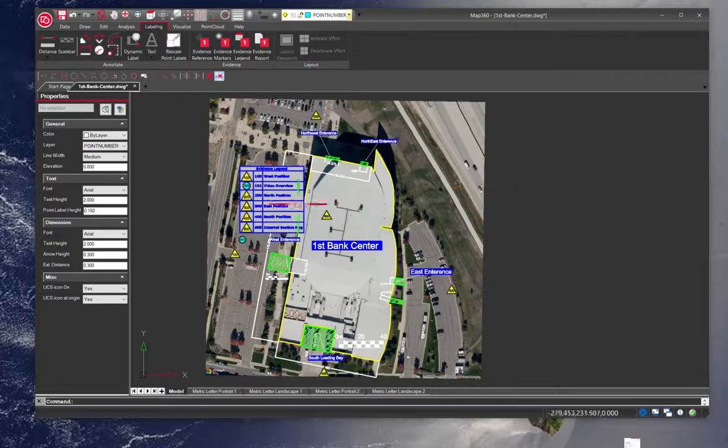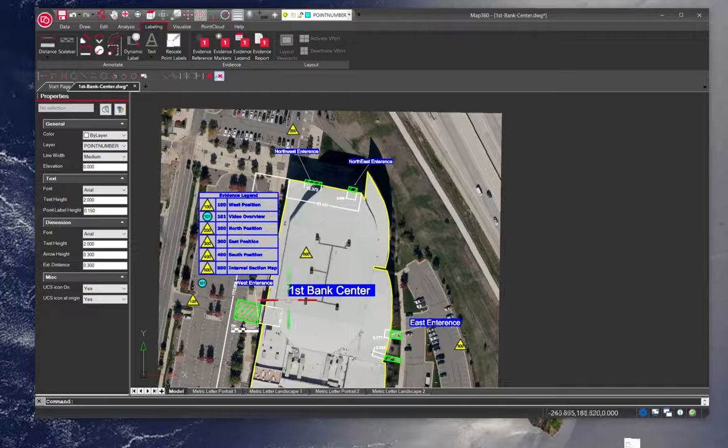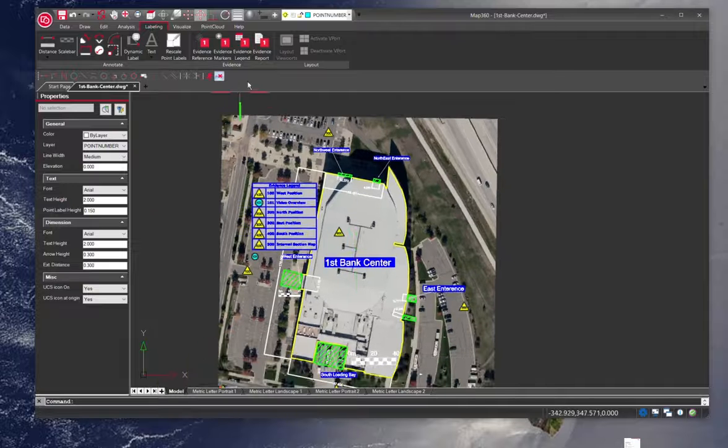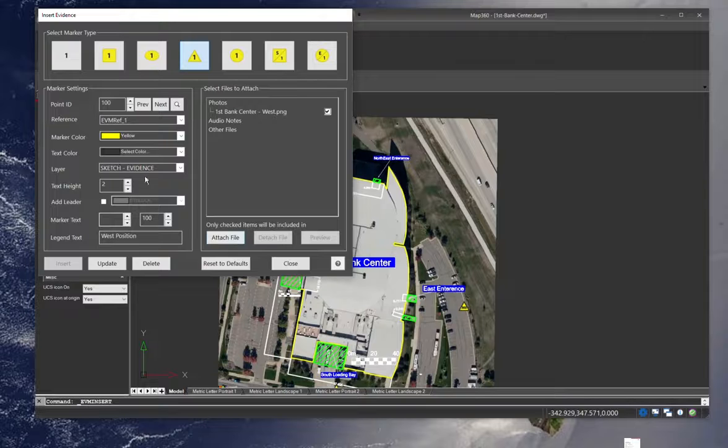After we're done dimensioning, we can add layers to everything. So I've added a layer to add these labels and leaders to better spell out what's what. And what I've done with the evidence markers is you can go in here and create an evidence marker to drop anywhere on your scene. You just have to assign a point number. But what I did is go and